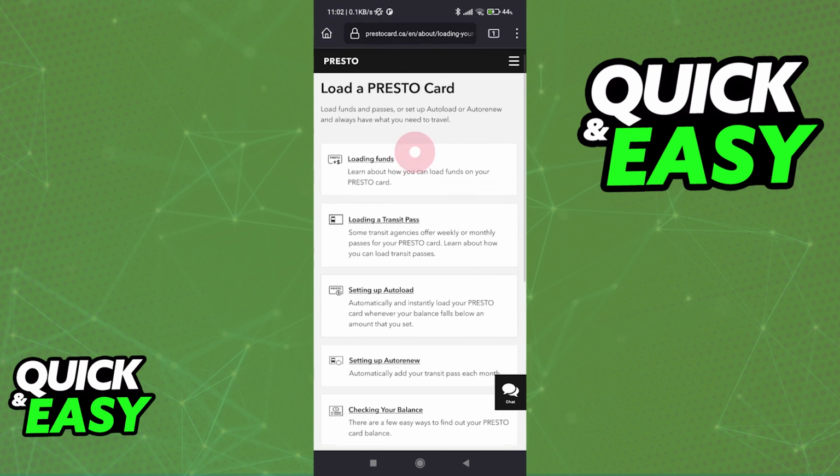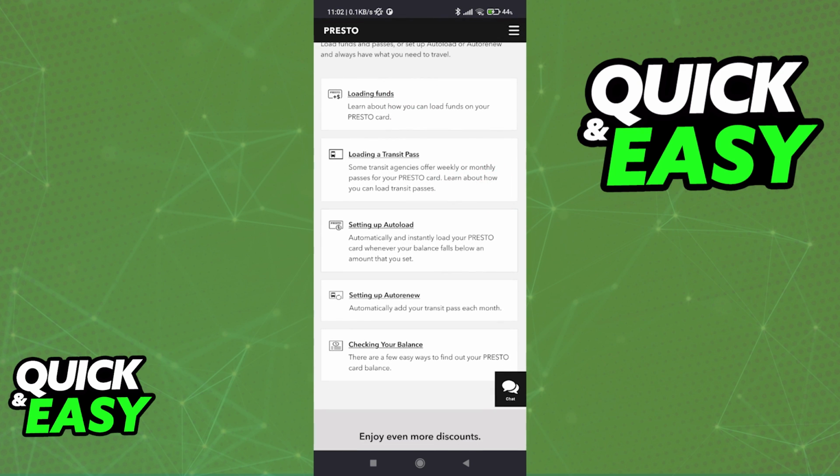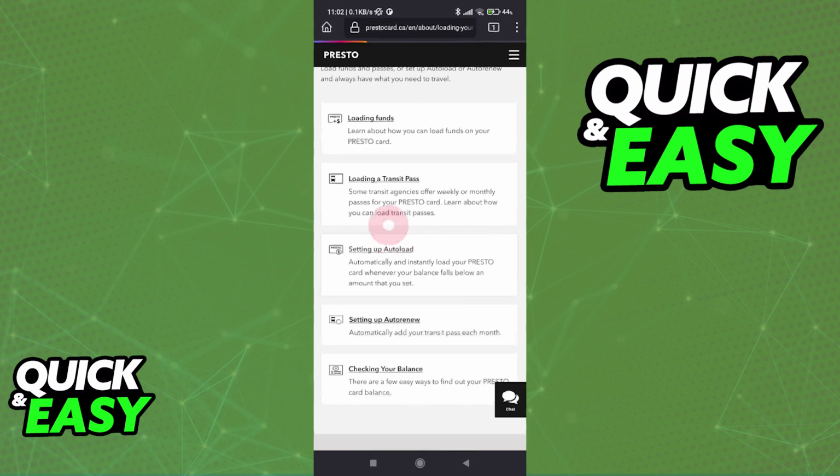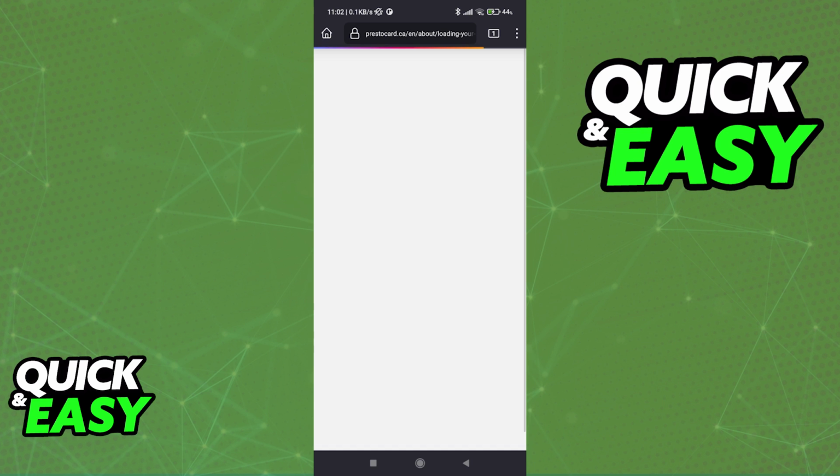The first one allows you to load a certain amount directly, but setting up auto load might be helpful if you use your card on a daily or even weekly basis, because it is going to do this process repeatedly automatically for you. So even if you forget to load funds before a trip, it is going to have it done automatically. But anyways, regardless of which option you choose, you will be redirected to a page that is going